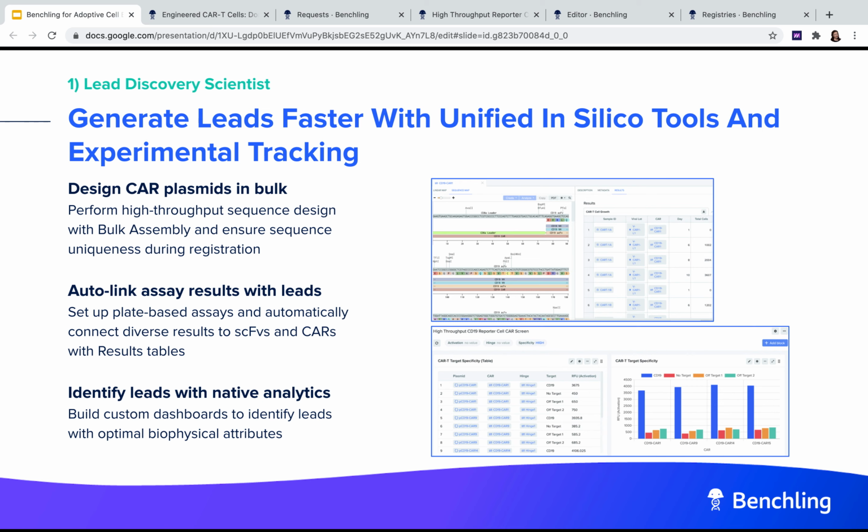Designing and assembling new plasmids can be tedious and time-consuming. To help alleviate this bottleneck, Benchling offers a bulk assembly tool for generating groups of plasmids in a combinatorial fashion. When running high throughput screens, it can be difficult to track which results correlate with which sequences. Benchling allows a scientist to automatically link diverse result types back to their corresponding genetic parts. Additionally, using Benchling native analytics, a scientist can build custom dashboards across diverse data sets to quickly identify the most